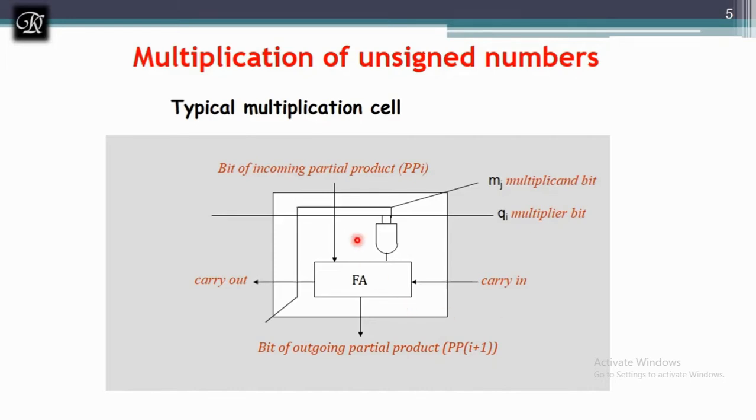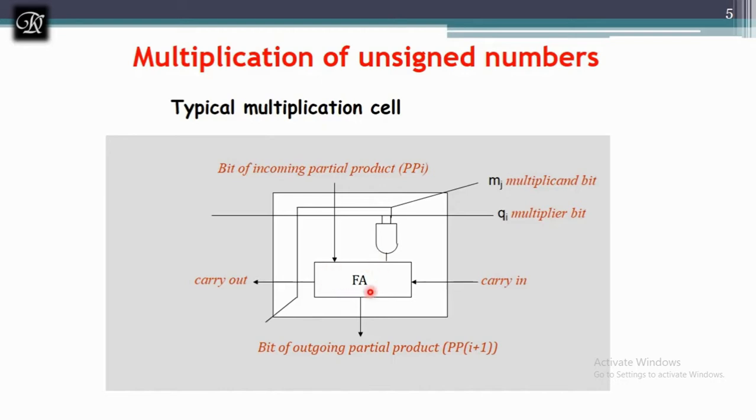Now here you can see I have used a full adder, and before getting into the full adder we have seen that we were performing a multiplication operation, that is a naught b naught. So a naught b naught is nothing but we are going to multiply the a naught bit with the b naught bit. Then at every stage we were adding from the previous stages, as I have done in the previous example.